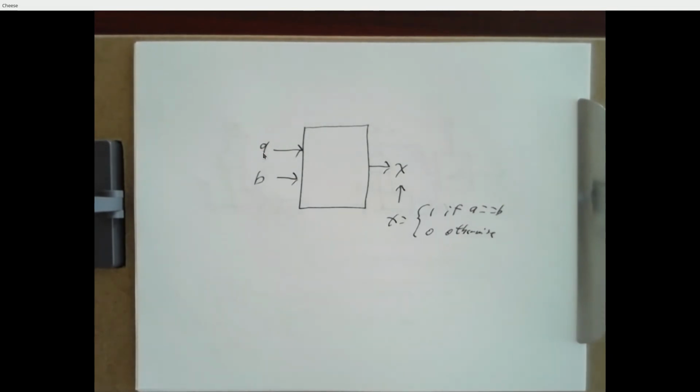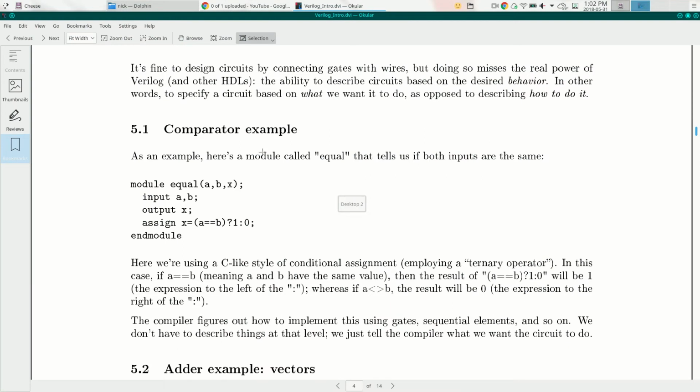And we can specify that we want a circuit that does this with this single line of code. That's not terribly surprising because this is really just an exclusive NOR gate. If you take A and B and put them through an XNOR, it will give you a 1 if A and B are equal to each other and a 0 otherwise. So that's not really surprising, but